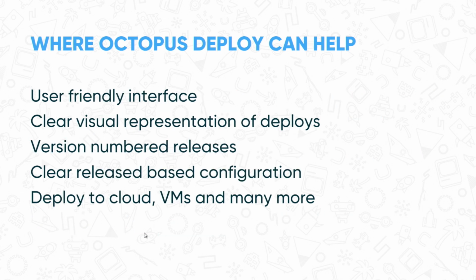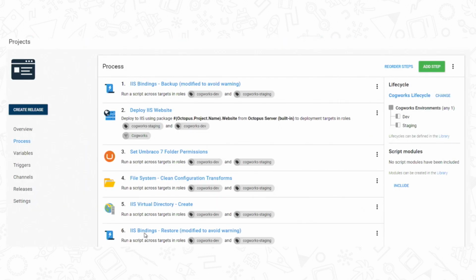So it's got the user interface, good representation of deploys. You can version number all your releases so you can keep track of which releases are going where. And you can deploy to cloud, virtual machines, servers, and many other environments just from there at the click of a button. Here's an example of an Octopus Deploy